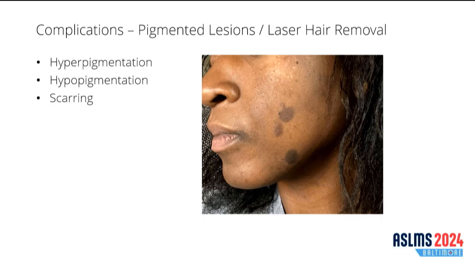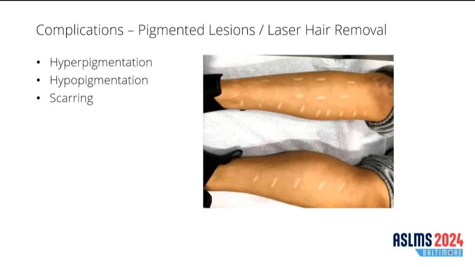As we know, a 1064 nanometer wavelength is the preferred method when treating darker skin types due to its longer wavelength and its deeper penetration, thus reduced melanin absorption. Additionally, you would never want to perform a test spot on someone's face, and you'd want to pick a more inconspicuous area on the body. Hypopigmentation may also be caused similarly. This patient presented after purchasing and using an at-home IPL device on Amazon.